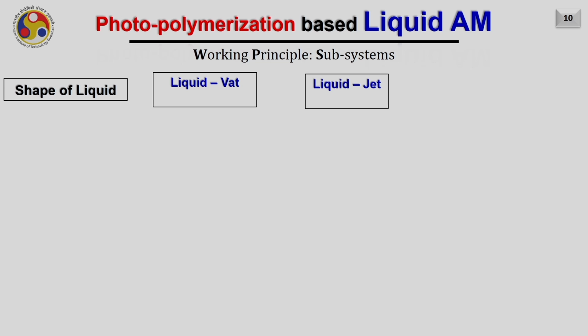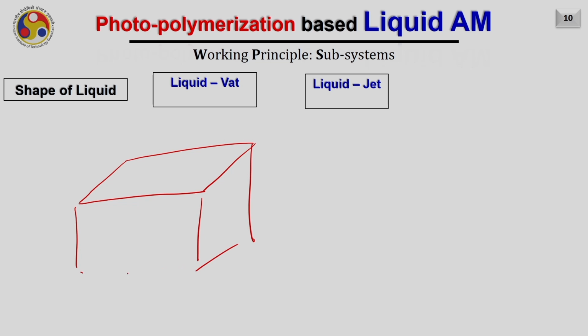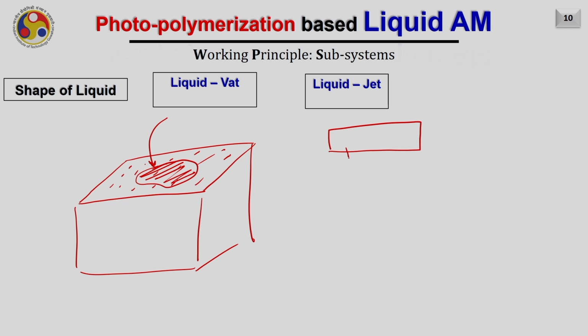Also, the photopolymer liquid could be either in the form of a vat or it can be in the form of a jet. Meaning to say, the liquid material can be available in a big tank like this. For example, this is the tank and the liquid material is filled in it. Now from the top you are scanning it appropriately and hence curing the part, or the liquid material may fall from the top like a jet.